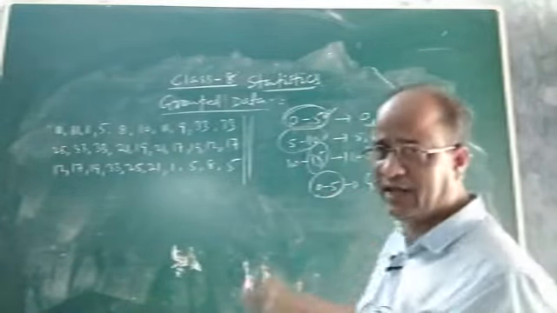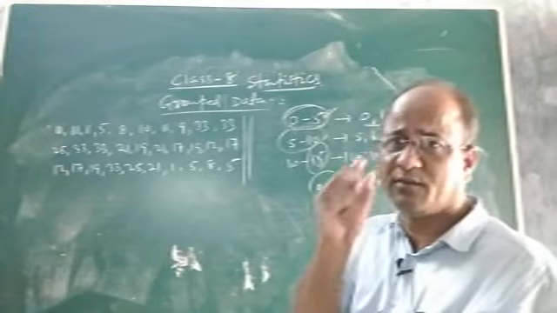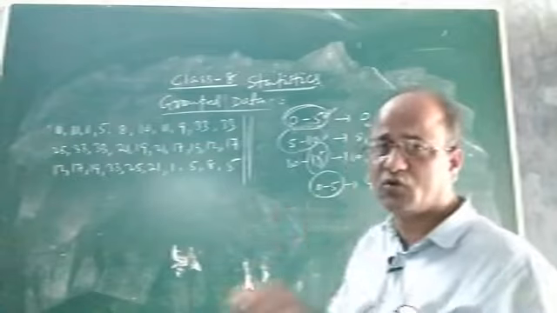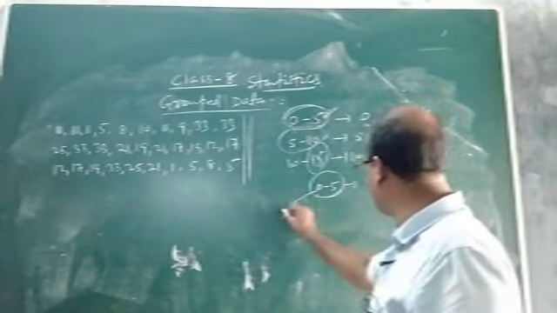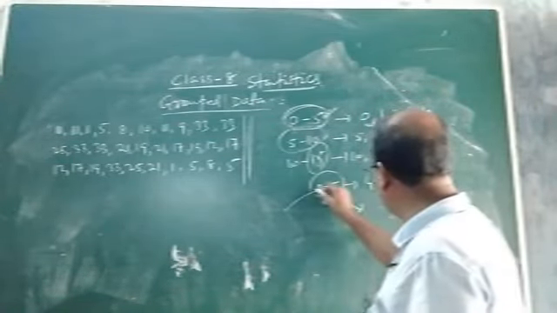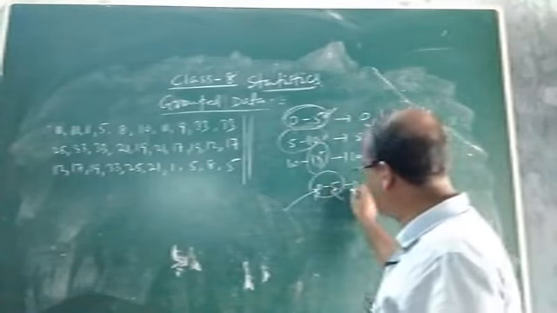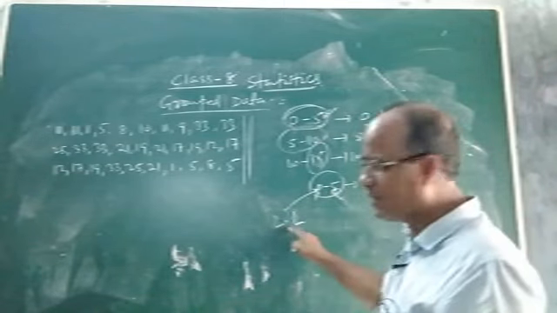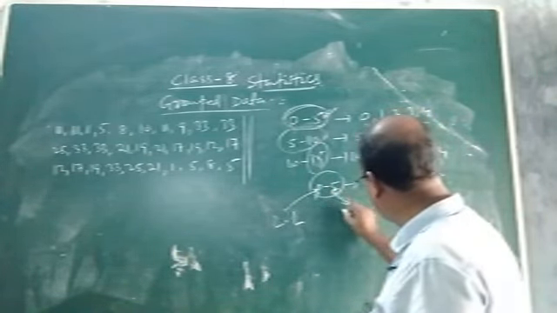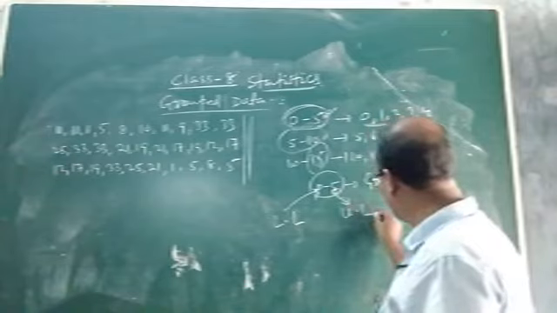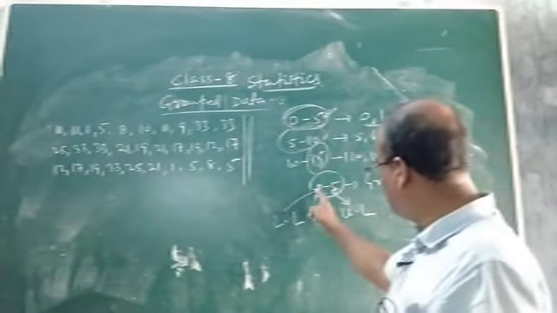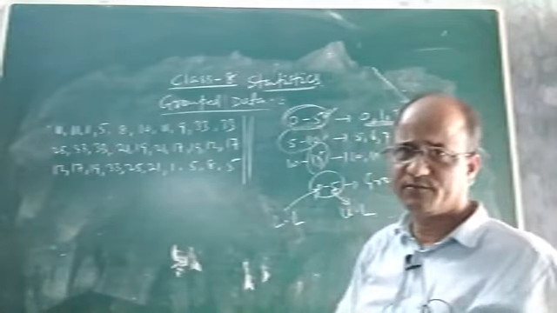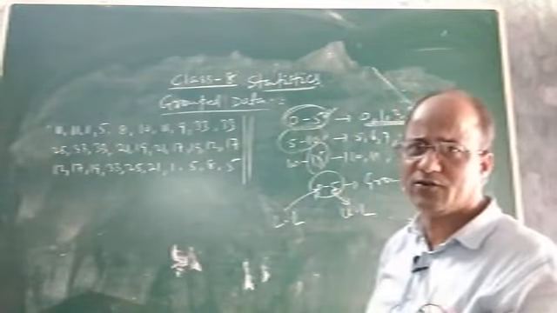Why is it a group data? It is a group data because it contains some scores or observations in between, and it restricts some scores within two limits. Here this is one limit, this is another limit, 5. 0 is one limit, 5 is another limit. 0 is called the lower limit, LL, and 5 is called the upper limit, UL. That means between the lower limit and upper limit, these are the scores or observations. So I hope you understood what is a group data.